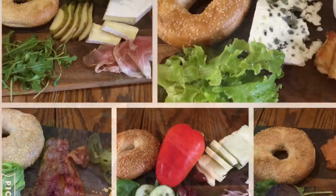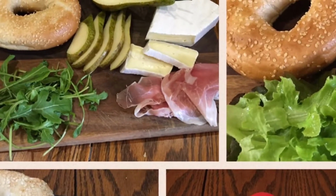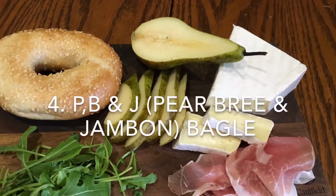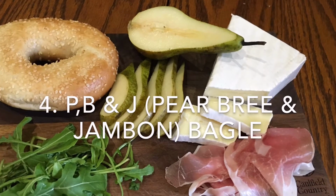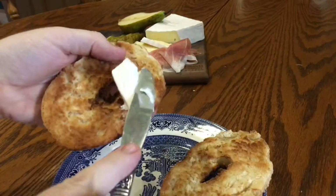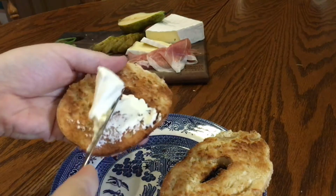Number 4 on the list is something a little bit fancy. It's a PB&J bagel. Not peanut butter and jelly, but PEAR, BREE and JAMBON. So good. You know how this goes now. Take your bagel, cut it in half, toast it, but just smear the Philadelphia cream cheese on the bottom half